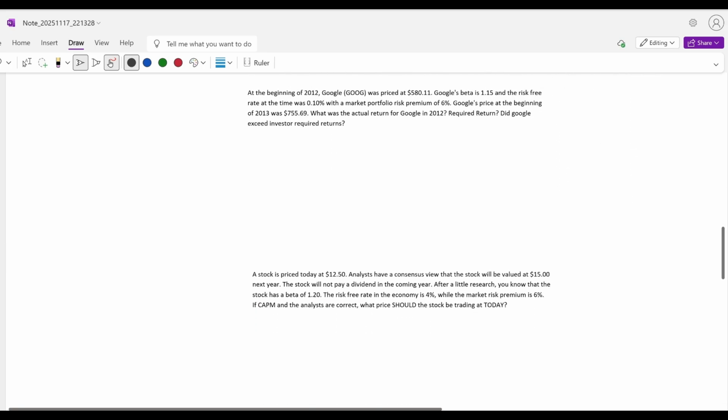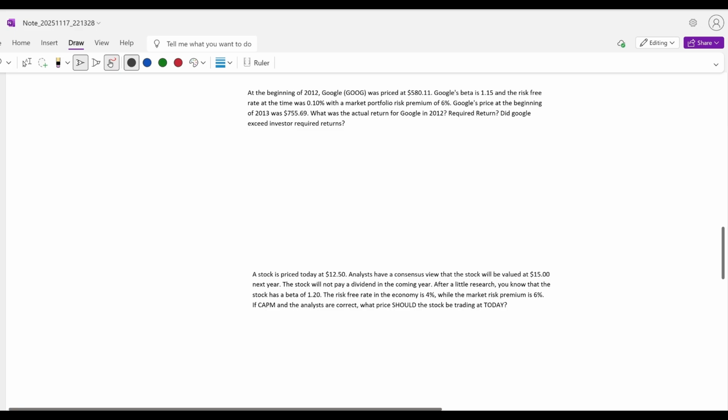Moving swiftly along, into the next one. At the beginning of 2012, Google was priced at $580.11. Google's beta is 1.15, and the risk-free rate at the time was 10%, with a market portfolio risk premium of 6%. Google's price at the beginning of 2013 was $755.69. Use this information to answer the question of what was the actual return, the required return, and did